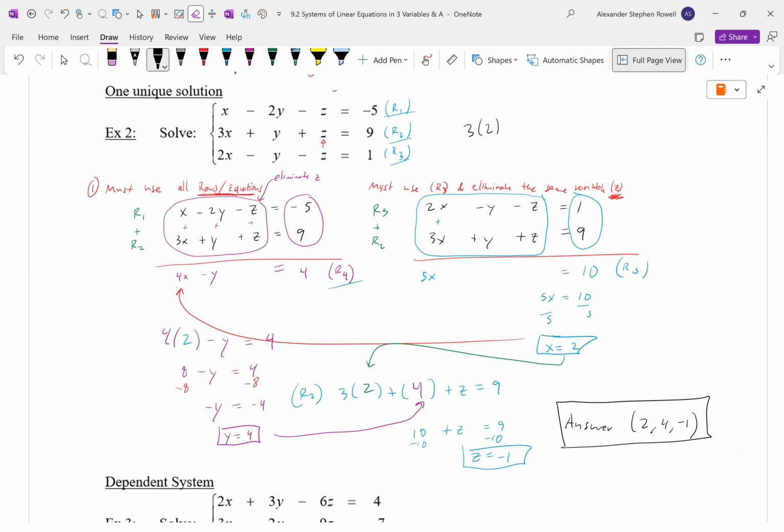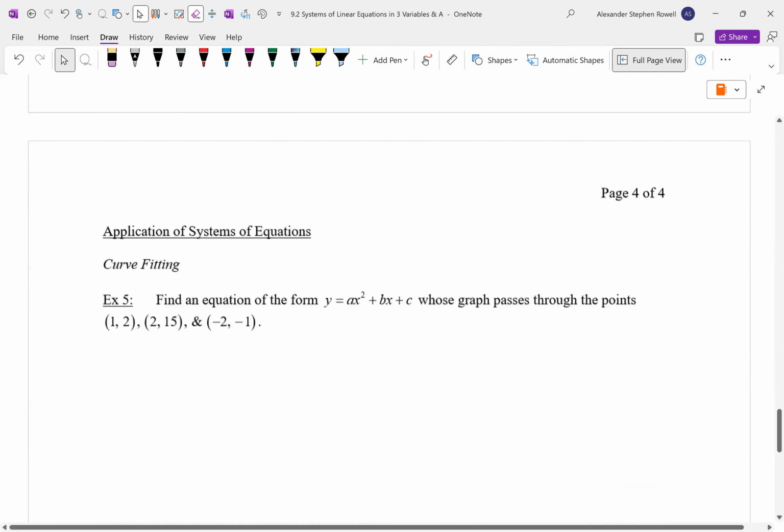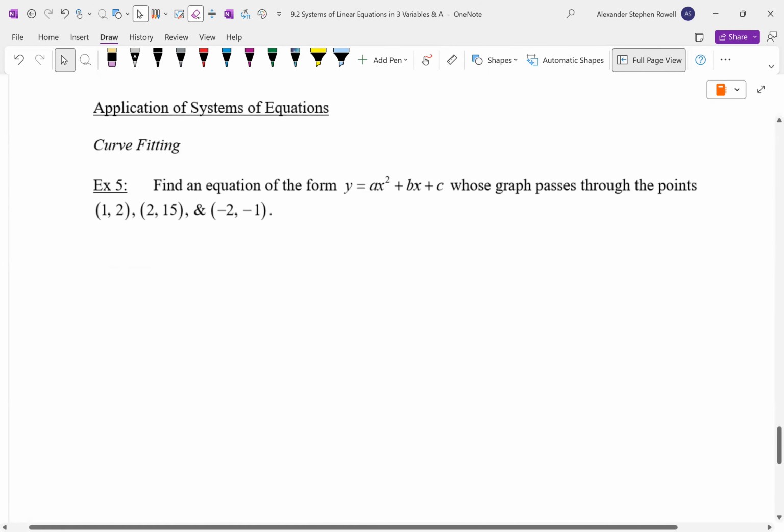3 times 2 plus 4 plus -1. Is that equal to 9? Yeah, 10 minus 1 is in fact 9. And 2 times 2, 4. Minus 4 is 0. Minus -1 is equal to +1. So now I'm sure I'm right because I plugged into all three and it's true for all three. Any questions about this? I'm going to skip to the last problem, which is a type of word problem that